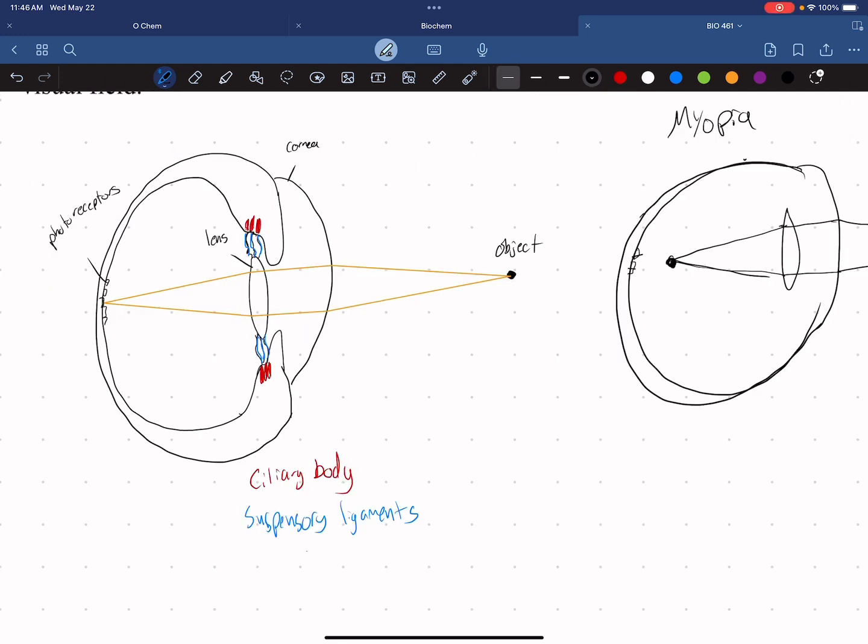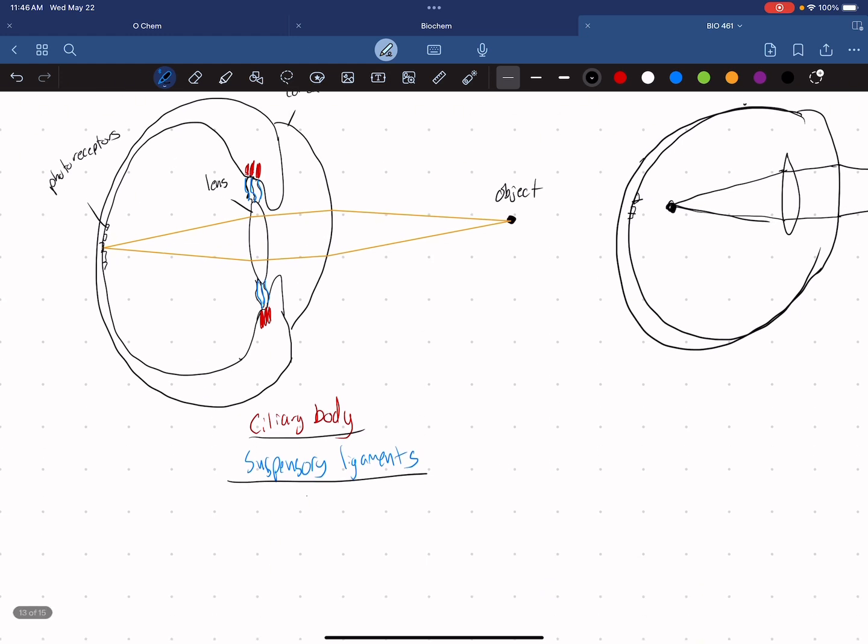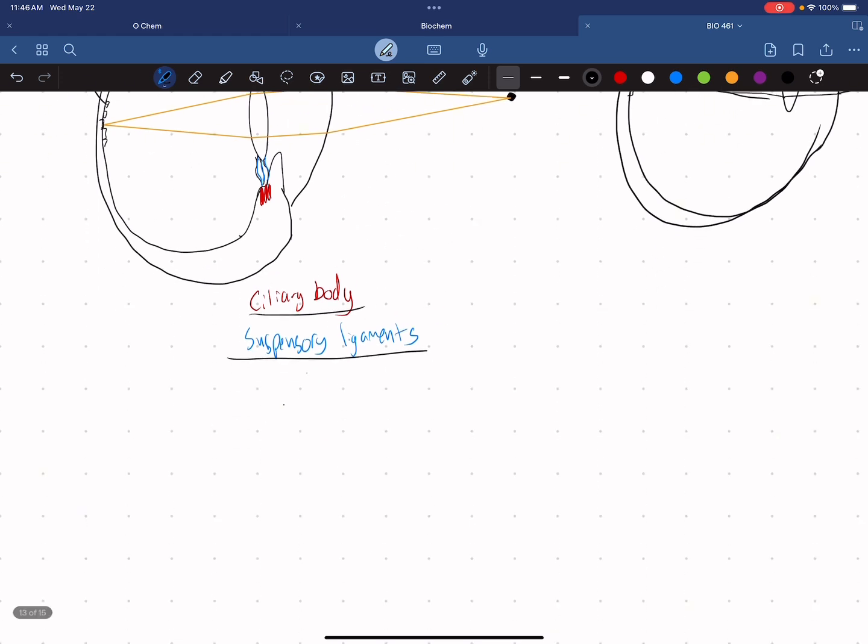So here I've highlighted and colored a few different parts of the eye that I'll talk more specifically about. In red, we have the ciliary body, the muscles of the eye, and in blue we have the suspensory ligaments that hold the lens of the eye and control the lens of the eye. So from the side here, we have two different options, basically, of how the lens will look. Also drawing from this sagittal plane, the lens can look like this, nice and round, and this will be for seeing up close